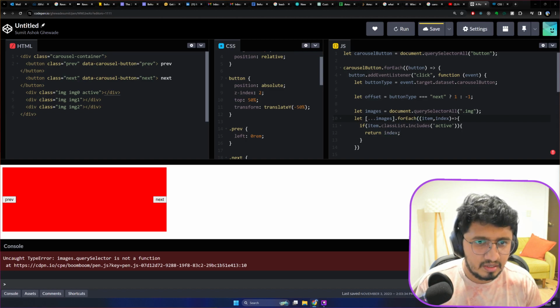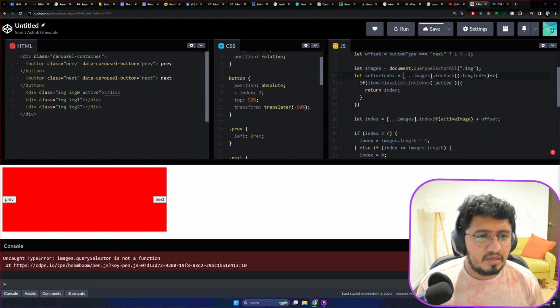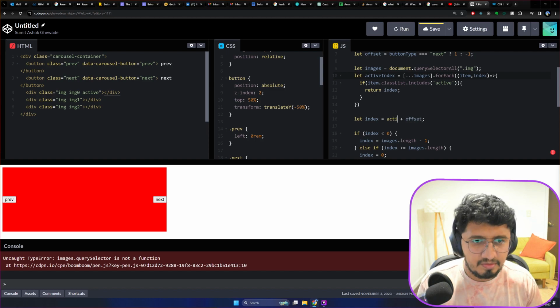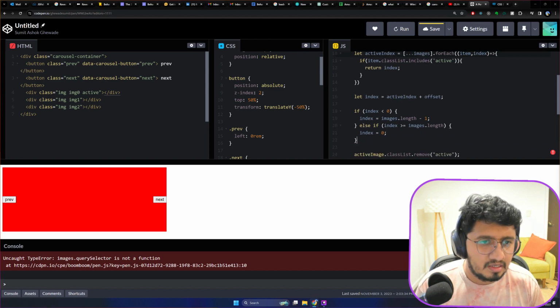Let active index is equal to this guy, then active index plus offset, then index is less than